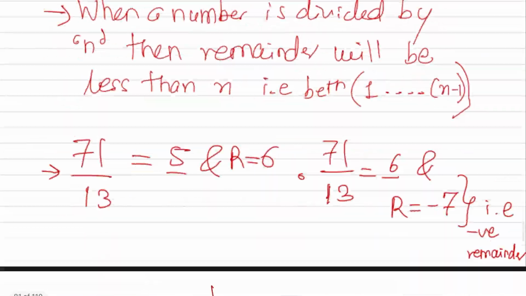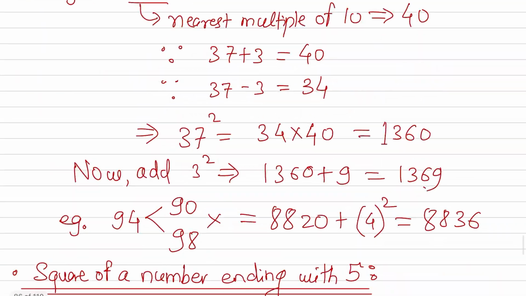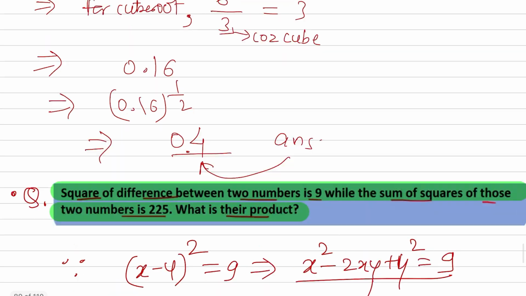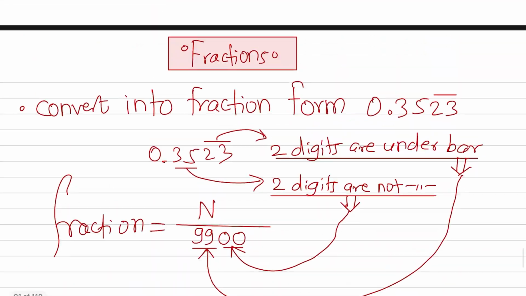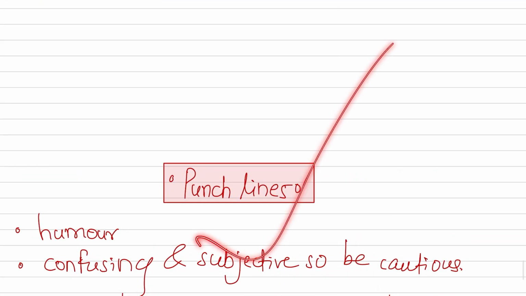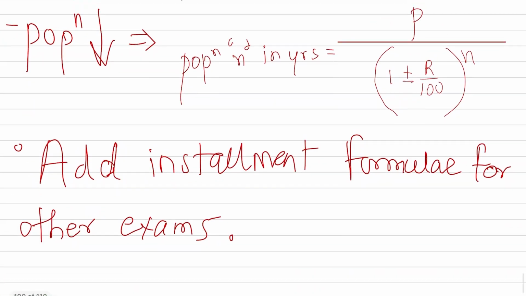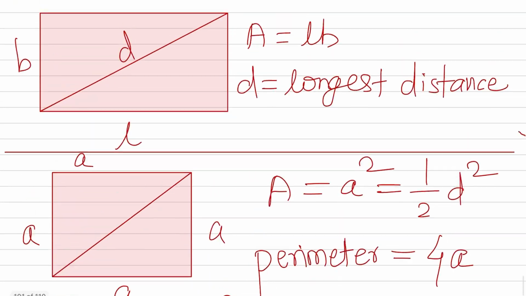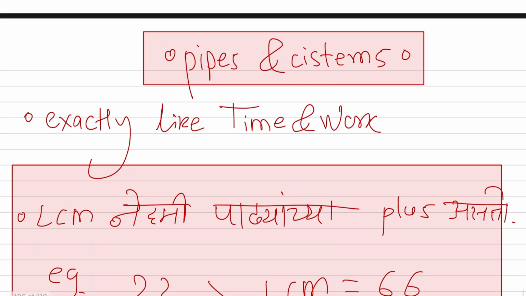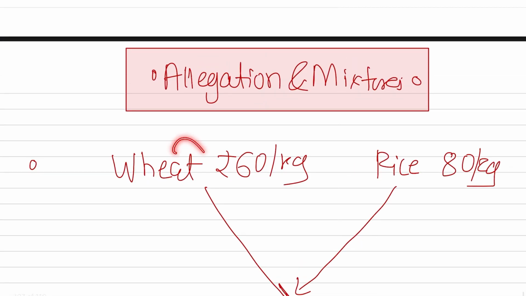So, okay, now we have another topic, remainder theorem, square roots and cube roots, fractions, simple and compound interests, mensuration, right, pipes and cisterns, alligation and mixtures,